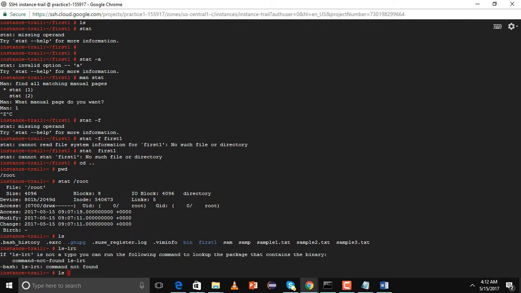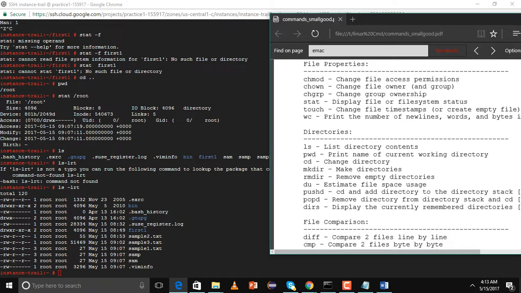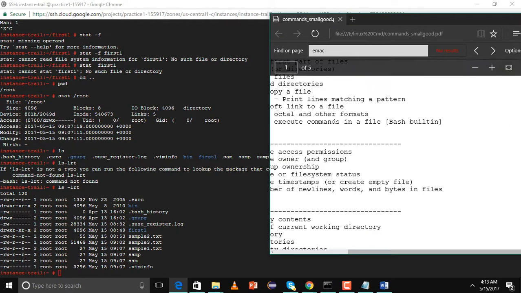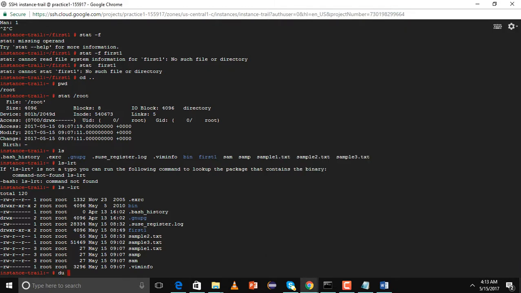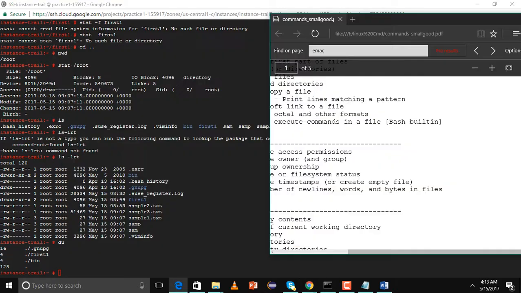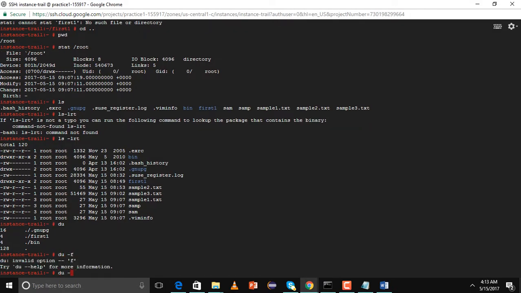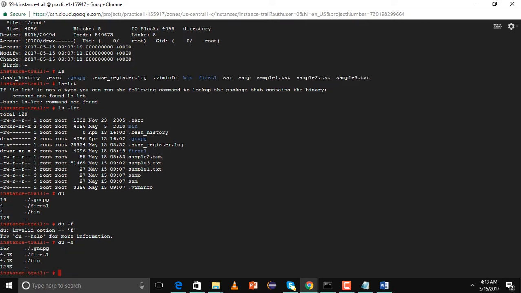a few important commands like disk usage, du -f, -h, user readable format,